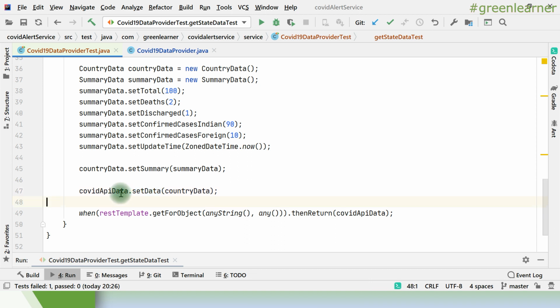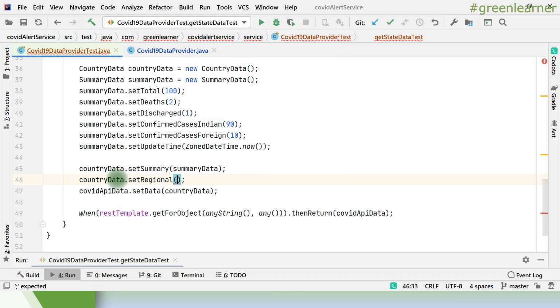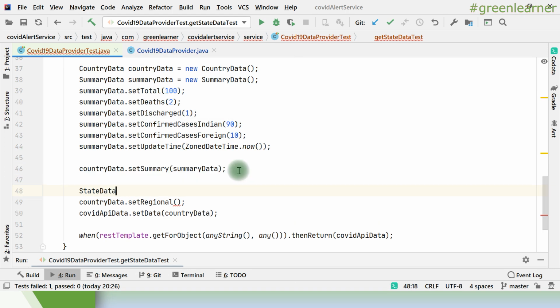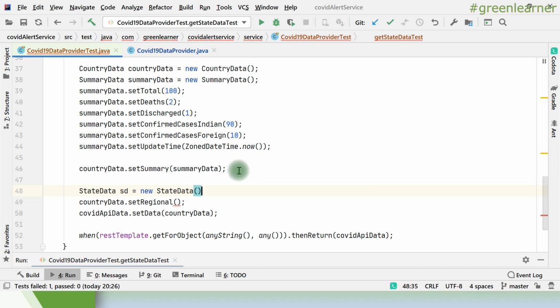Here, COVID API, and in country data I have one more thing, dot set, we have set regional, right? So under regional I have state data, right? So I have to create that as well. So new StateData, and it is taking an array, right?